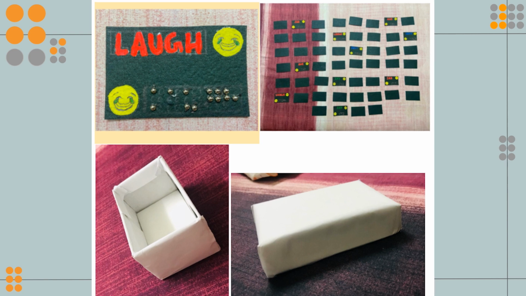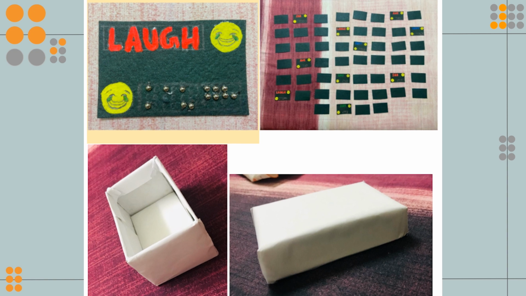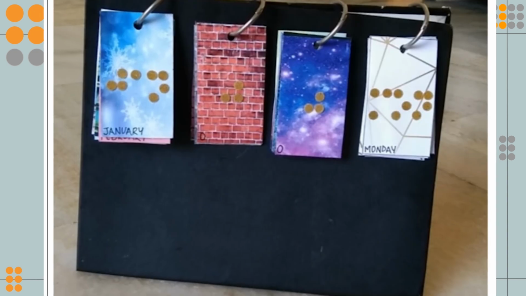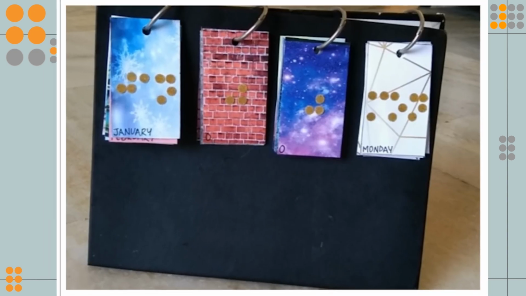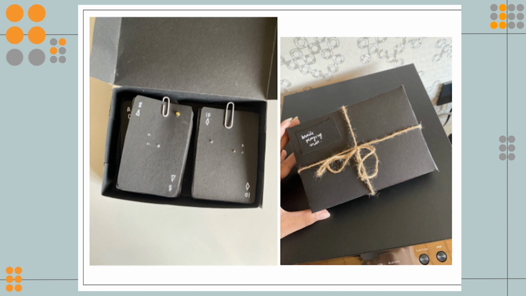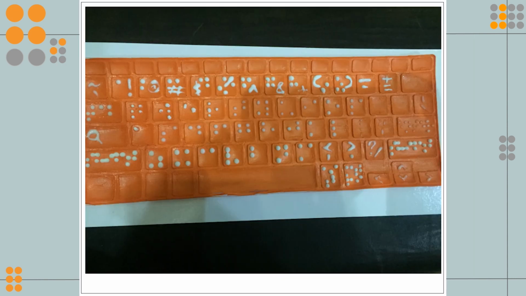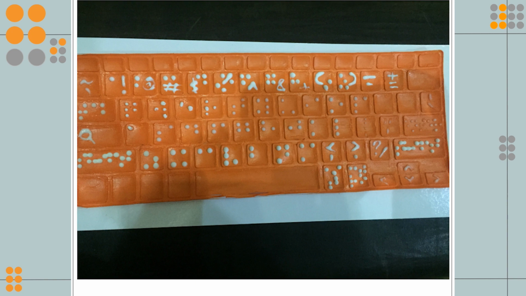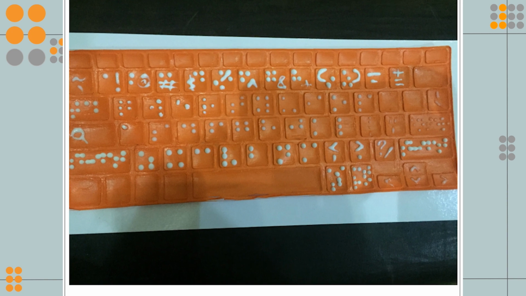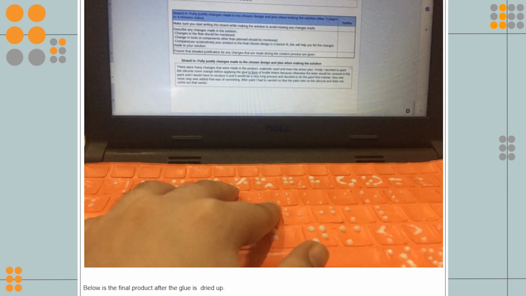Hi. Product design is a subject where the students learn different types of skills that are required to create a tangible product. In the distance learning format, it was quite a challenge. However, the students of grade 9 were very enthusiastic in learning and understanding the skills required for their term 2 unit, which was inclusive design for the visually impaired audience.